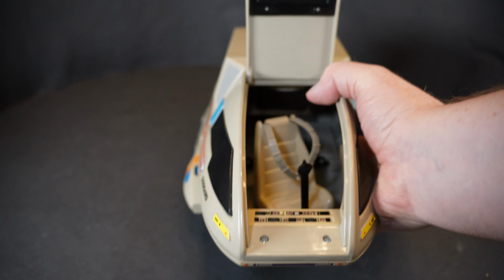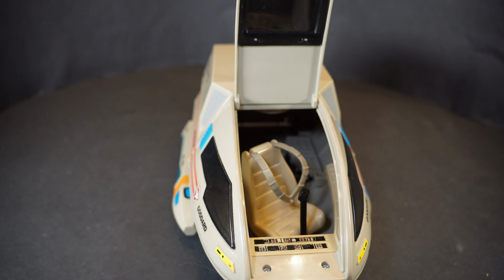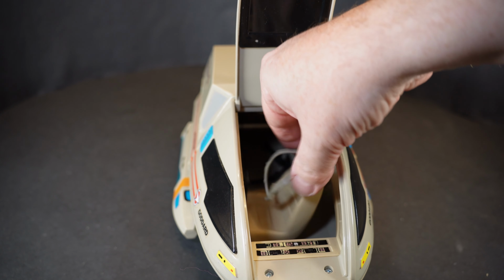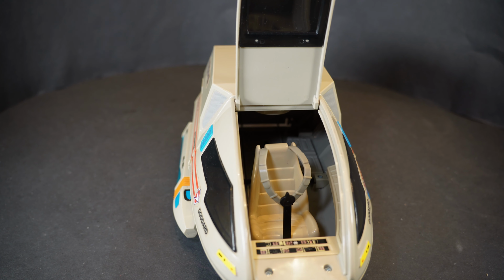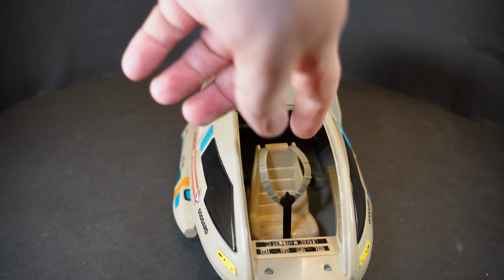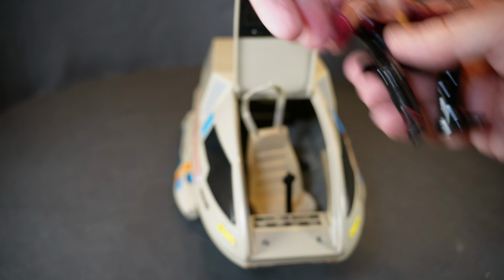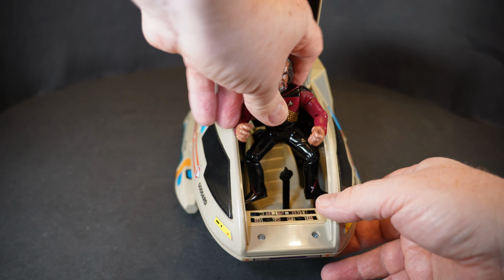So you could clearly do that, and just like the runabout, obviously Worf would squeeze himself in there. I quite like the turnaround chair. That's a nice little detail, the fact that you can spin it like a desk chair. I guess this one benefits from the fact that it's got more free space behind it. And you can flick that all the way back up, so Worf can actually get his legs in there,